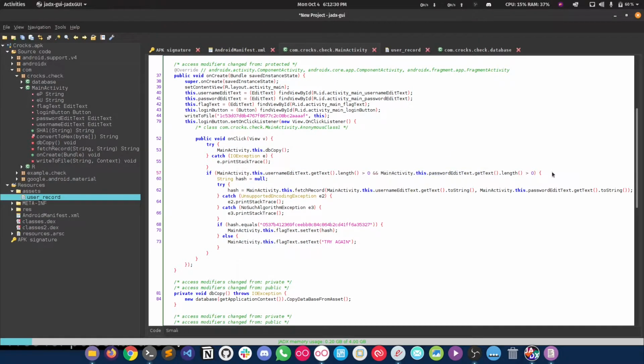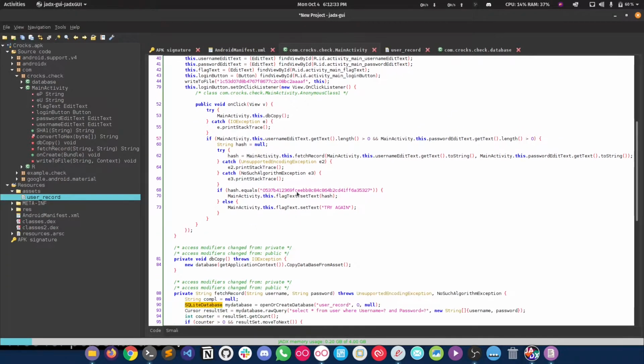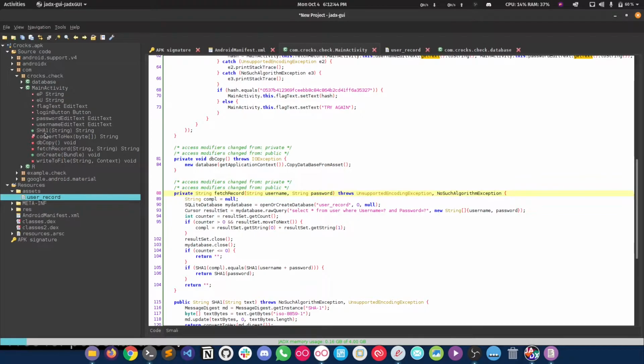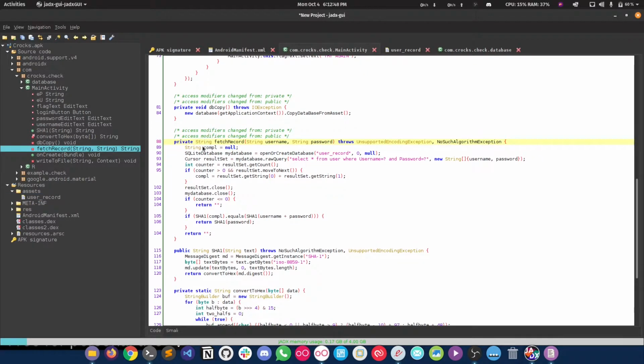we have the password field here, checking the length if it is 0, and if it is not, it is going to call this method fetch record with the username and the password as fields. So if we go to the fetch record method, which is just below here in the main activity, right? So what it's doing,